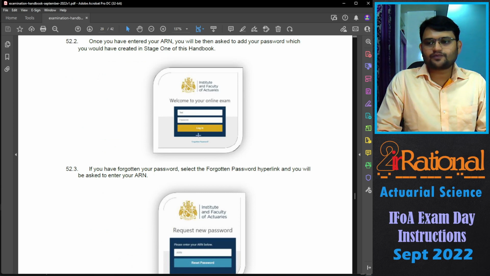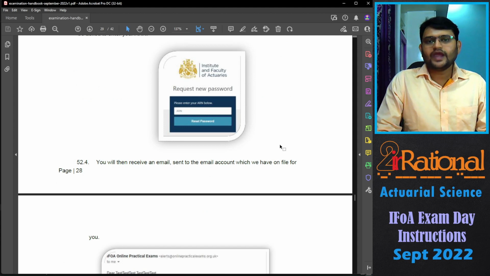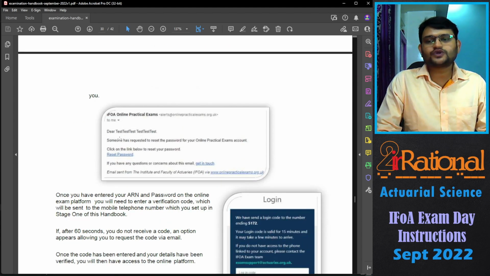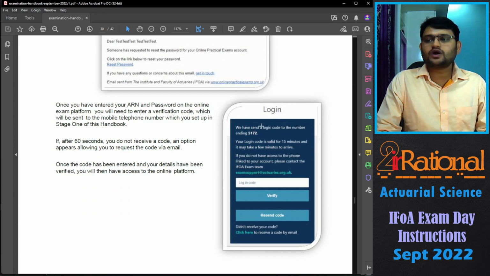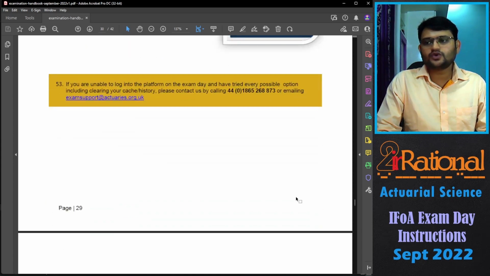Then it will ask for password. Now by chance, if you have forgotten the password, I hope you haven't, but you can ask for a password reset from this forgot password. It will then ask you for your ARN number and send you an email to reset your password. When you click on it, it will send you a security code on your mobile phone. You have to log in, and then you will be able to